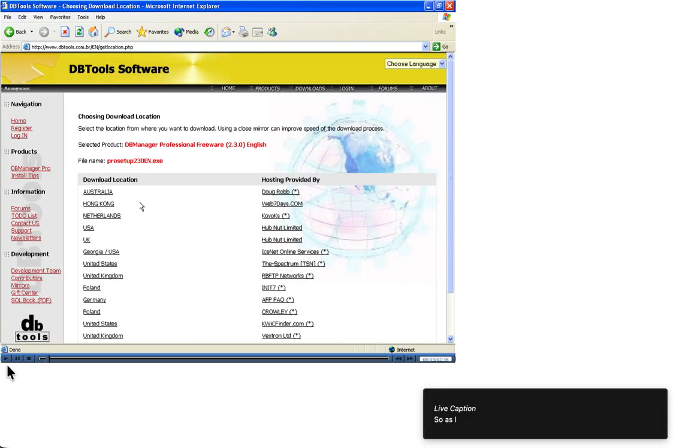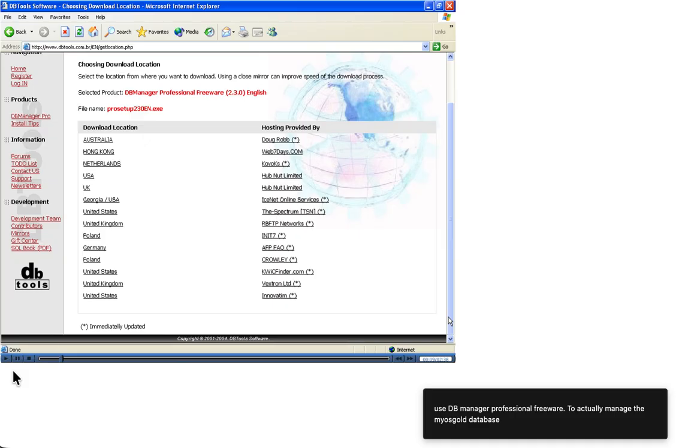So as I mentioned at the end of the last tutorial, we're going to use DB Manager Professional freeware to actually manage the MySQL database that we've got in our installation when we downloaded the whole installation with Apache, MySQL and PHP, as well as the distribution. Remember, I didn't actually set up a database, so we're going to use this DB Manager to do that for us. I'm going to click on a location that's near to me so I can download the software,